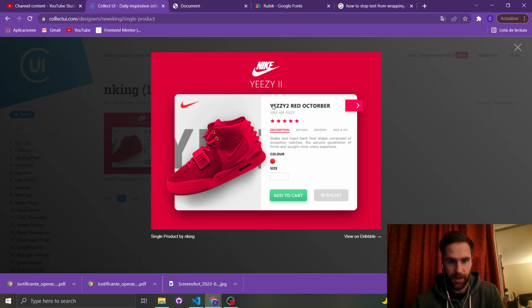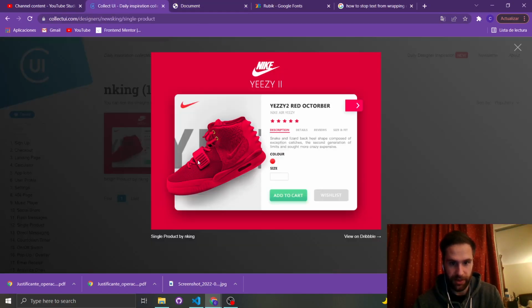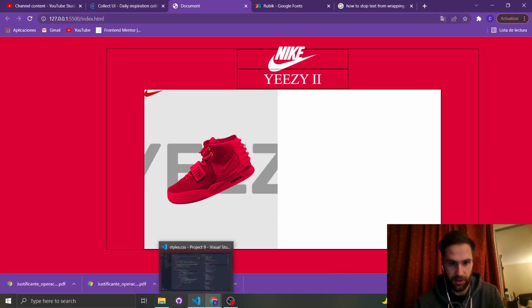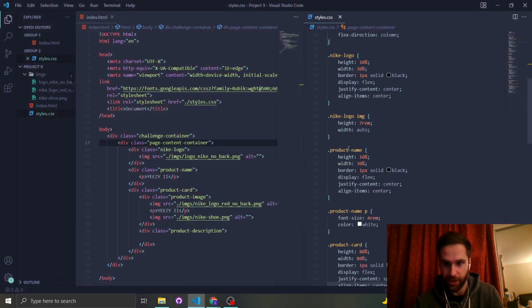All right, now let's style this trainer. We need to make it bigger. We need to make it take up more space inside of the container. If you notice, this Y is being pushed outside a bit, so we will deal with that later on. But for now, we're just going to deal with the trainer. So we're going to go to the shoe